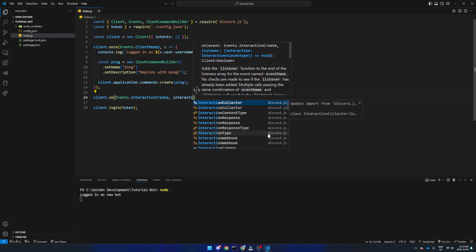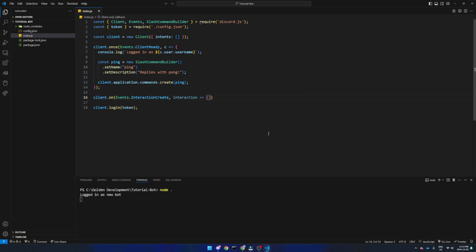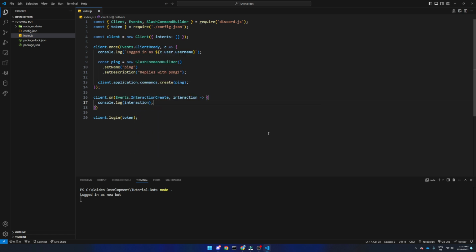After this, add a comma and then make another simple arrow function, this time using the word interaction followed by the same equals greater than arrow function with curly brackets, which we will open up once again. Inside of this function, it should be as simple as adding a console.log with brackets again, but this time put interaction inside so that we can see what the bot is receiving every time a user uses a slash command